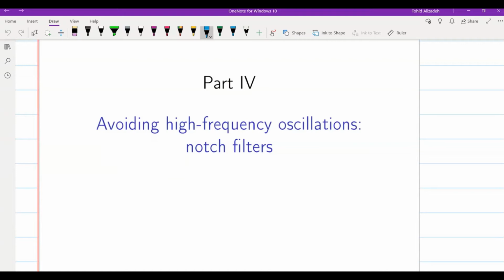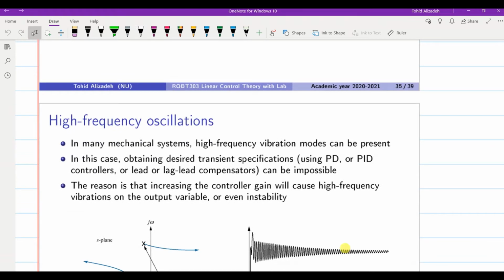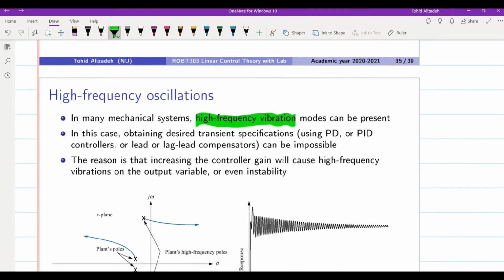Hello everyone. In this video lecture we are going to discuss the notch filters, which are a kind of compensator used in order to avoid high frequency oscillations. In many mechanical systems we have high frequency vibrations. You can see an example over here, and this is because of